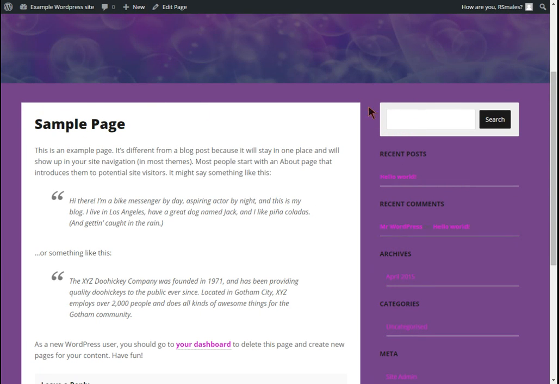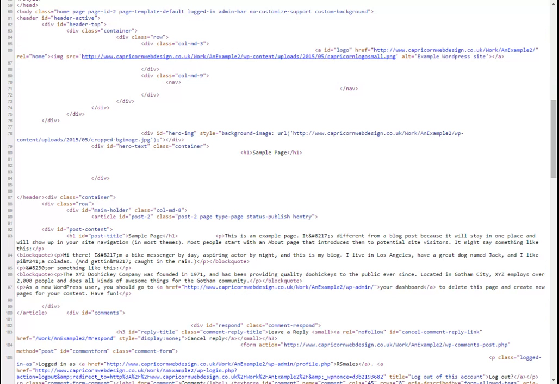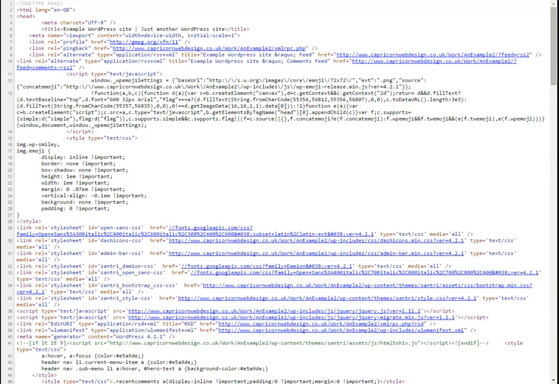If we want to edit, say, the background and the border of this main piece, we need to find out where it is, which means that we need to view the HTML to find out what CSS tag is applied to it so that we can edit that. If you right-click on your main page and go to View Source or View Code Source, you will get this come up. Now, this is a fully coded HTML5 document,